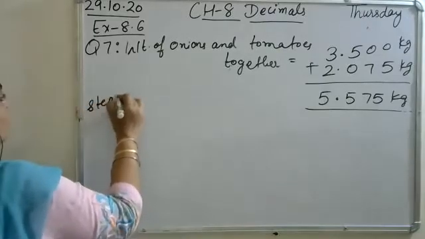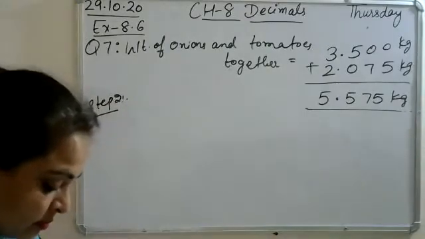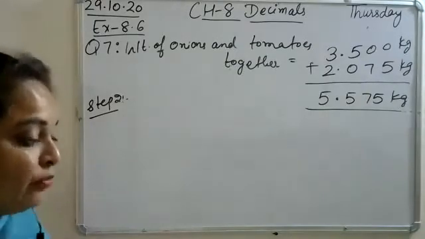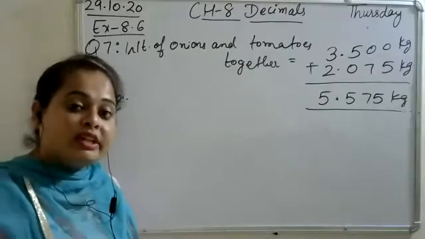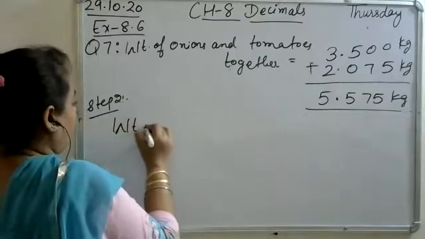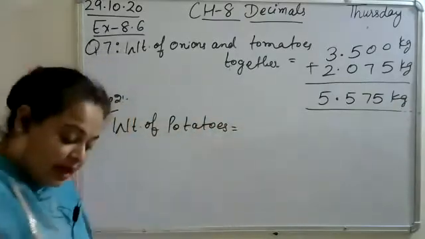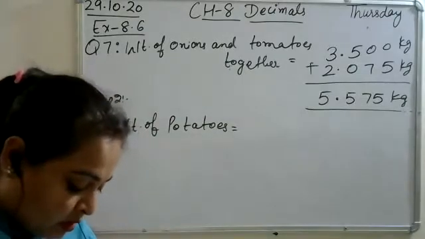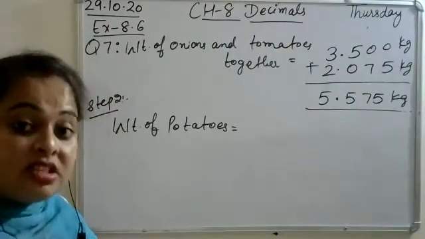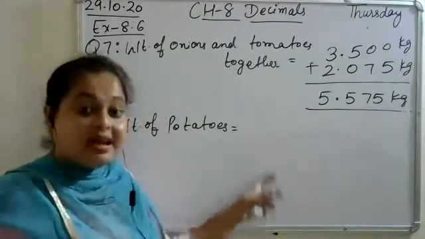Step number 2. The question is total weight. In the step number 2 we will find what? We will find the weight of potatoes. Yes, we will write weight of potatoes here. As the question is find what is the weight of potatoes. Rest is potatoes given na? Rest is. So rest word will indicate that this sum is based on, in the last step, this sum is based on subtraction.